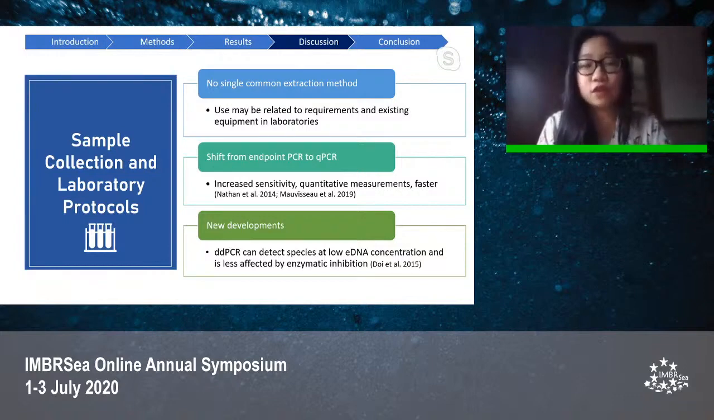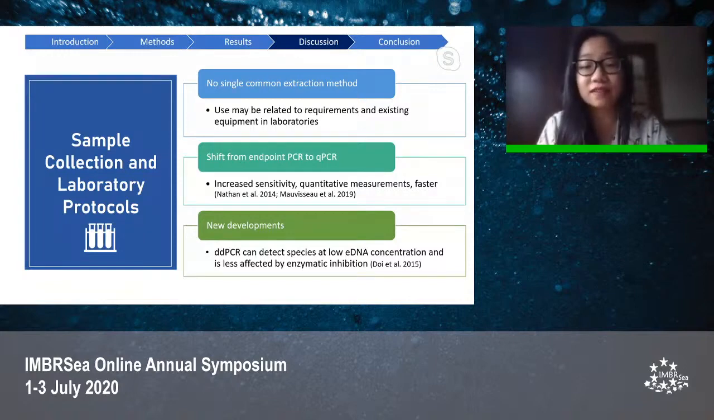And the shift in the method of choice from endpoint PCR to qPCR is due to its increased sensitivity, more quantitative measurements, and faster processing times. However, new developments are continuously being produced as eDNA research advances. In our analyses, digital droplet PCR came into the picture in 2015, which can detect species at low eDNA concentration